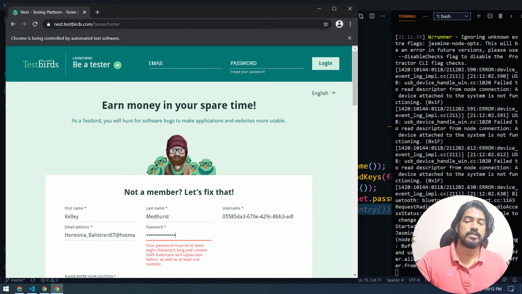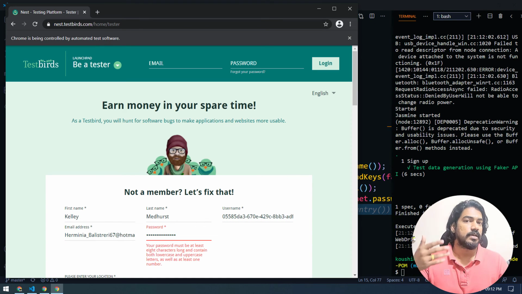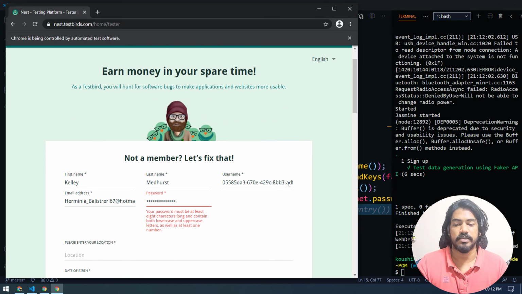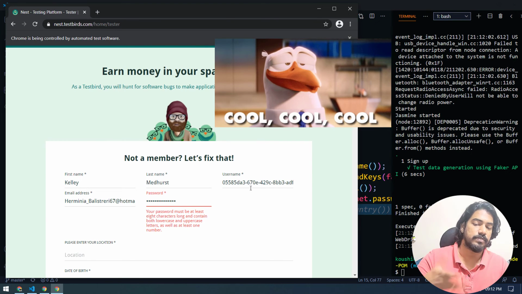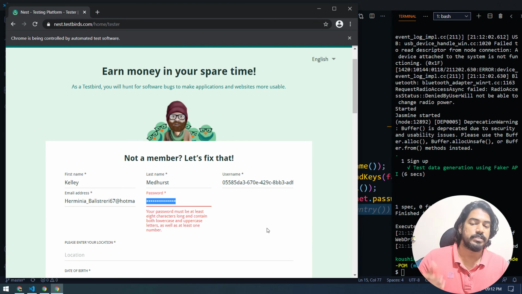So now you can see it's actually giving us some different names. That is really cool, right? So last time it was different, now it's different. And password, the combination failed because your password must be at least 8 characters long and contain both lower and uppercase. That is fine. Each and every application will have different criteria. So based on the criteria, we can use it. But just to generate something, probably you can use it like this. And here you can see user ID and it generated UUID. That will be unique always, I believe.